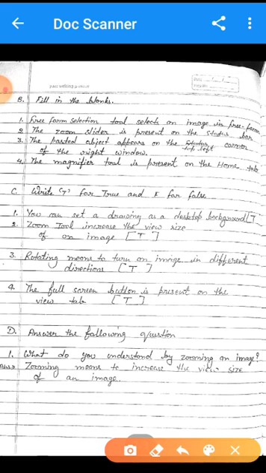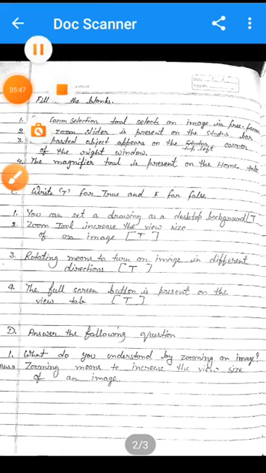Dear students, you can see here question number first: dash tool selects an image in free form.